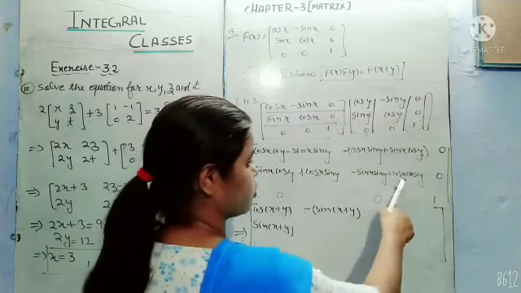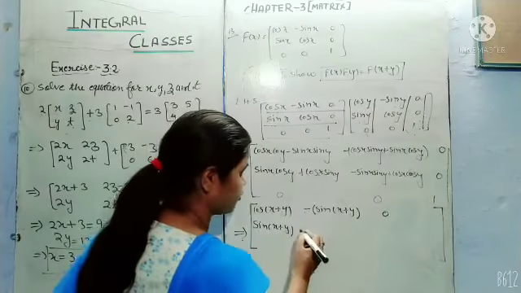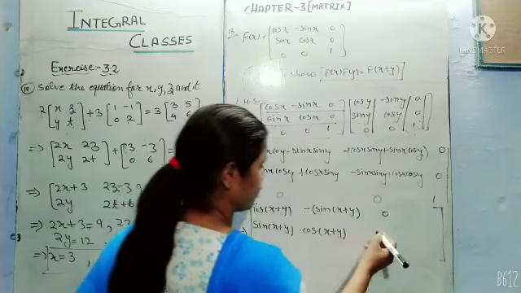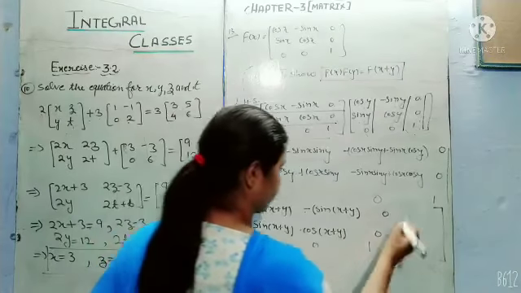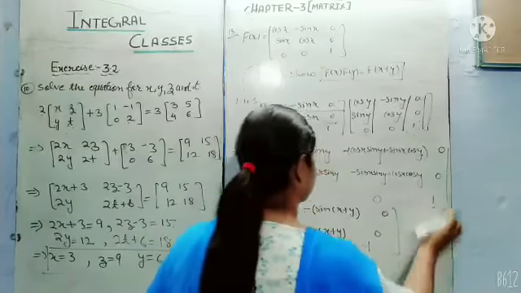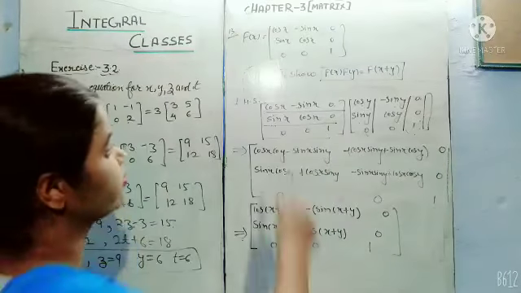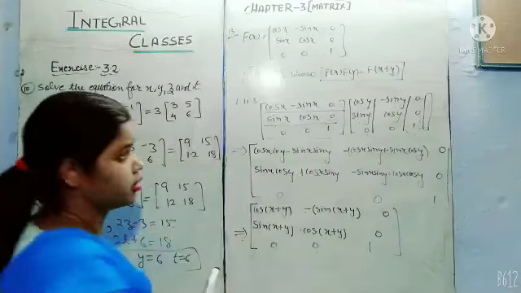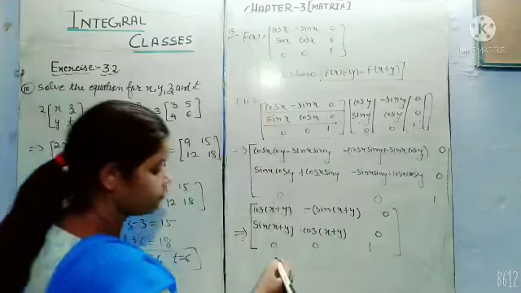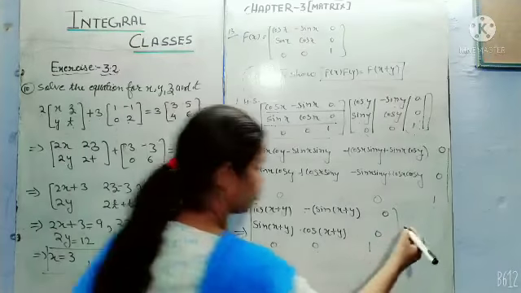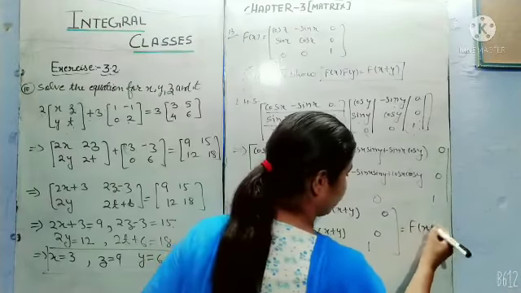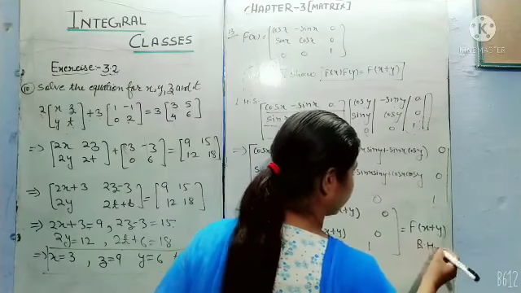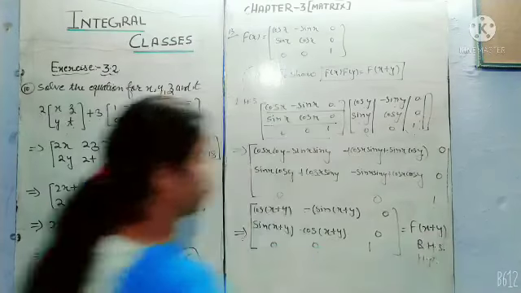Now here is also cos A cos B minus sin A sin B. It means cos(x plus y). Here is 0, 0, 0, 1. Now student, we will get this matrix. So student, if we replace x by x plus y in this matrix, then we will get this matrix. So it will be equal to what? f(x plus y), the right hand side. Hence proved.